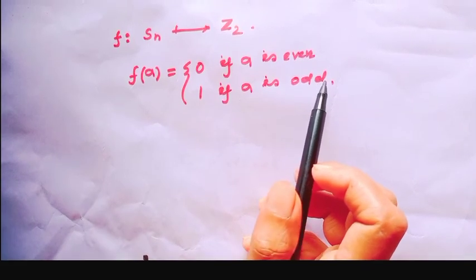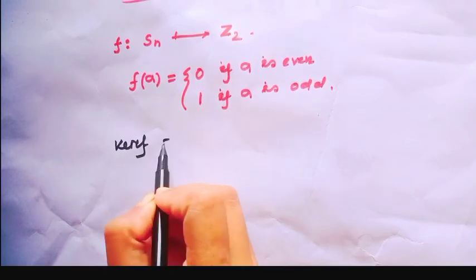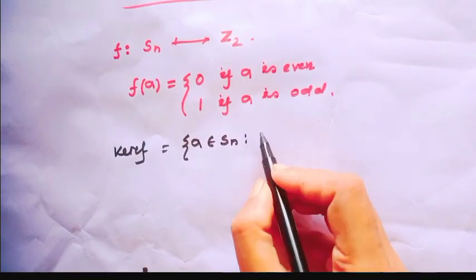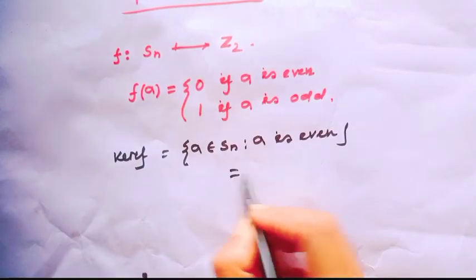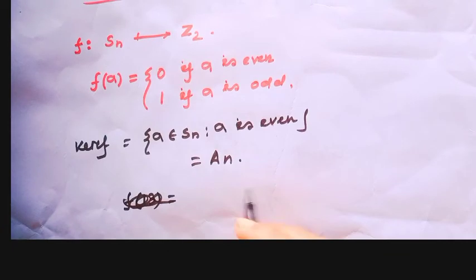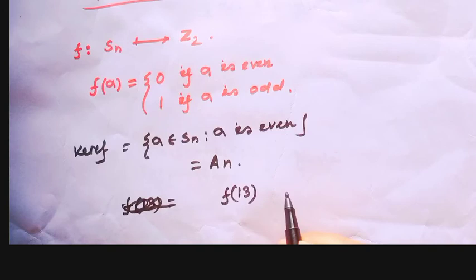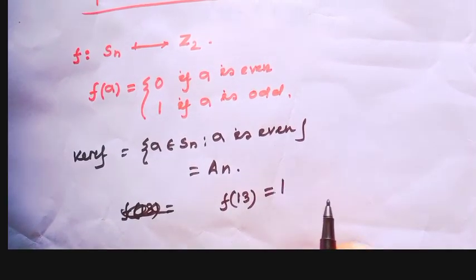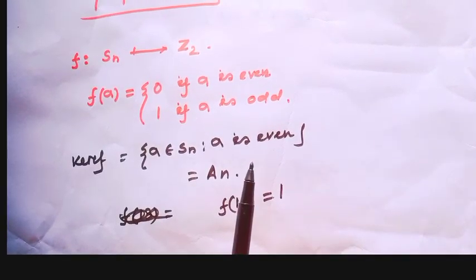I have seen this is always a homomorphism. What would be the kernel of f? The kernel of f is equal to the set of all permutations sigma such that sigma is even, and this is equal to An. And this mapping is always onto. If I take any arbitrary permutation, consider f of (1 3). Since this is an odd permutation, this is always equal to -1. That means we can create all permutations by Z2.